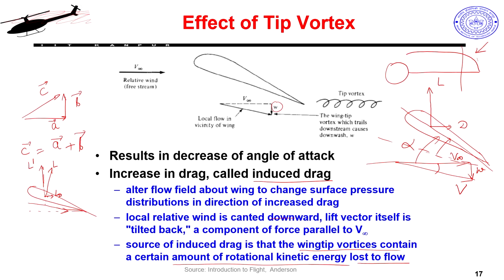Exactly, the simplest possible thing, right. If I make my wing very long, this part will become smaller and smaller. So, overall contribution of this tip vortex effect would be far less. So, if I make my wing very long and slender.